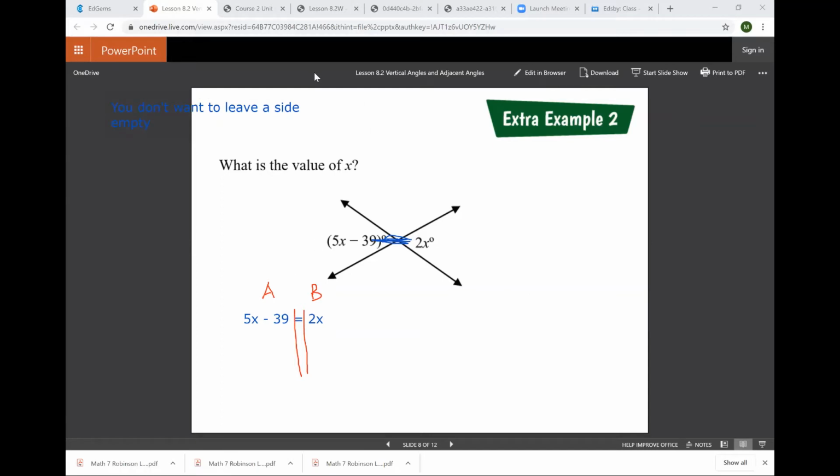So if I don't want to leave a side empty, what are my options? My only option is to move, because if I move this, it'll be empty on B. So I got to move this 5. So to move it, I have to do the opposite. This is a positive 5x. I know there's a minus sign, but that goes with 39. So this is a positive 5x. The opposite is minus 5x. What I do to one side, I have to do to the other. Okay, so the 5x is disappearing. I'm left with minus 39 equals,